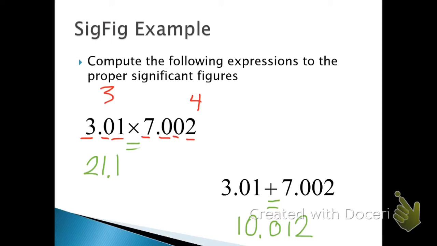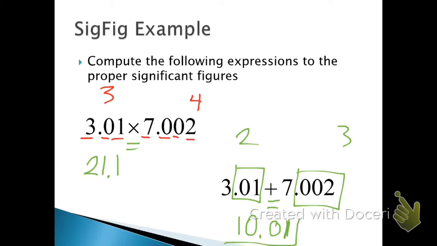Now over here where I add them up, I got 3.01 plus 7.002. Because I'm adding, I'm not looking at sig figs, I'm just looking at decimal places. I got 2 decimal places from 3.01, I got 3 decimal places from 0.002. 2 is less than 3, so I'm going to round mine to 2 decimal places. 10.01 is what it'll come to. Now when you're adding, it looks like you just picked up another significant figure, right? Because 10.01 has 4 sig figs, 3.01 only has 3, but we don't care about sig figs while adding,